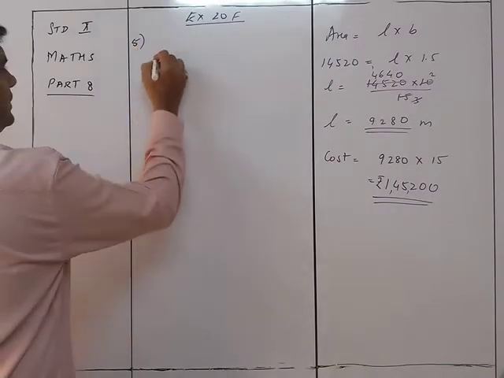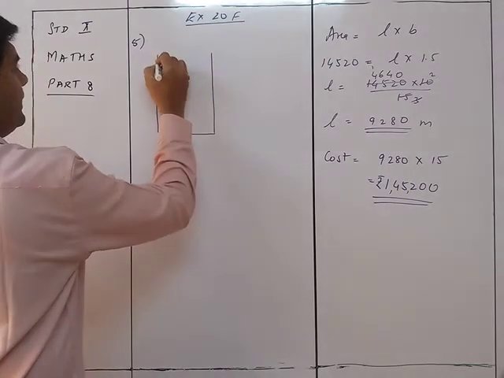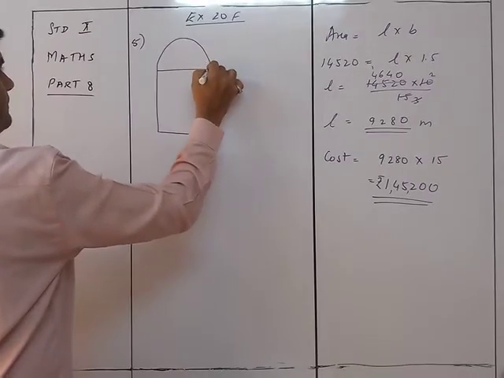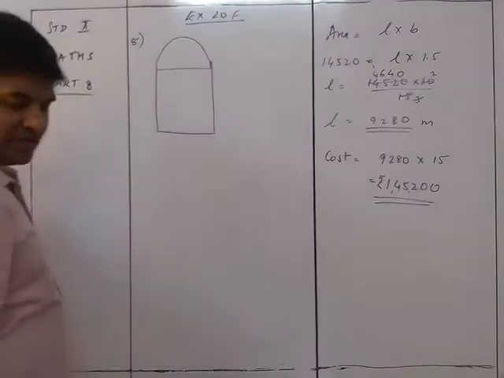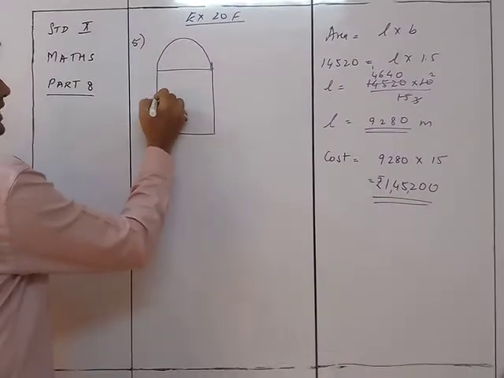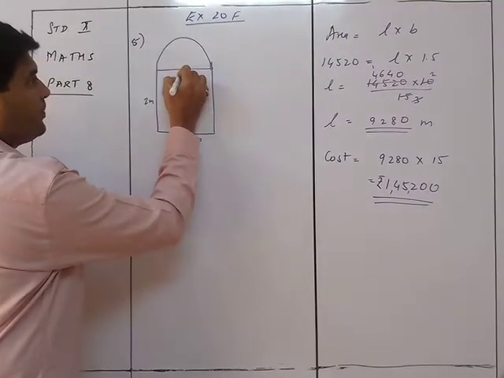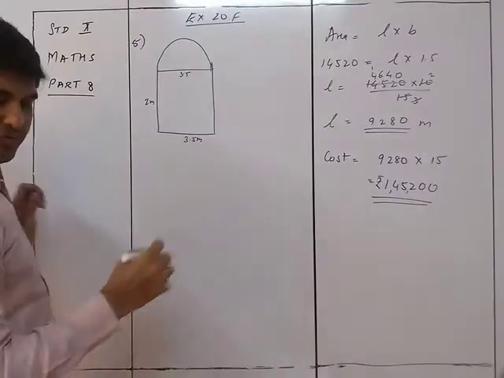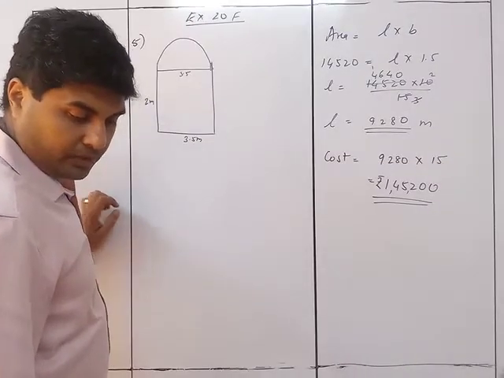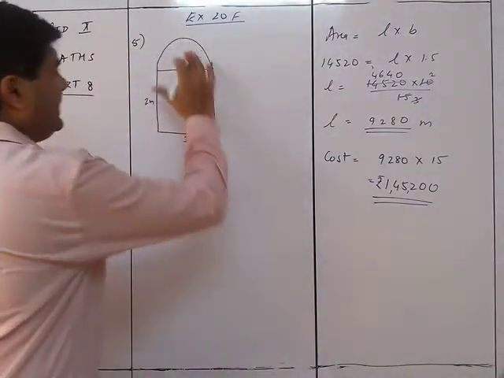We'll draw a figure. It's a cylindrical thing like this and a hemispherical lid on top. Okay, this is how the boiler looks. They have given that this is 2 meters high and the diameter is 3.5 meters. So this is also 3.5 meters, and the hemisphere's will be the same. Find the volume of its interior, that is, the capacity including the part covered by the lid. So we need to find the complete thing.